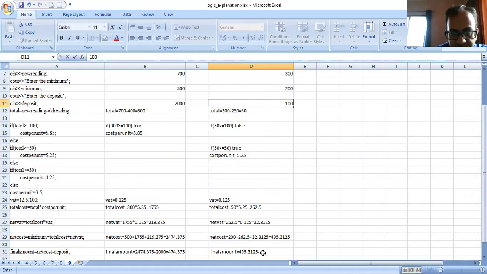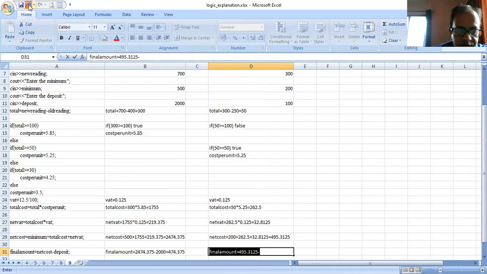Otherwise you would have to pay a negative value. So minus 100. You have to take suitable values here. Because fewer units were consumed, the deposit will also be a smaller amount. So we have reduced the deposit to 100, so this is minus 100.